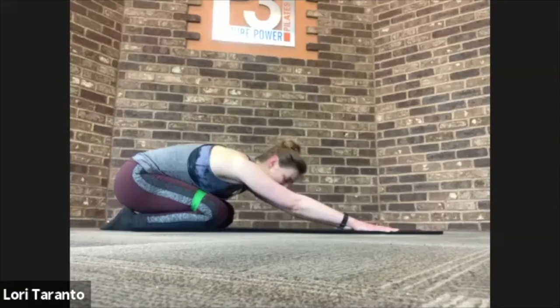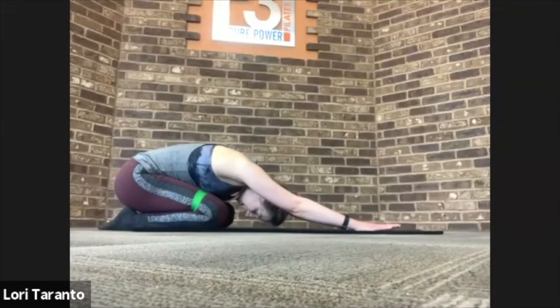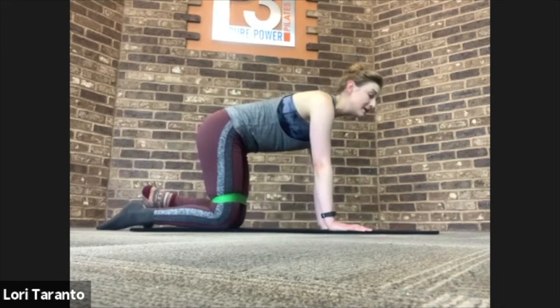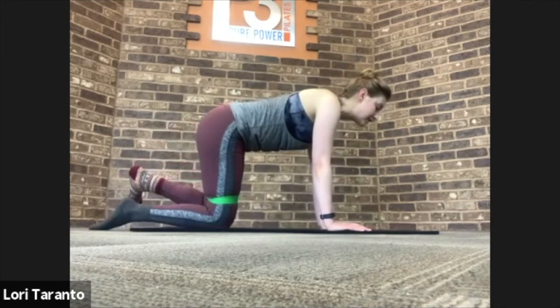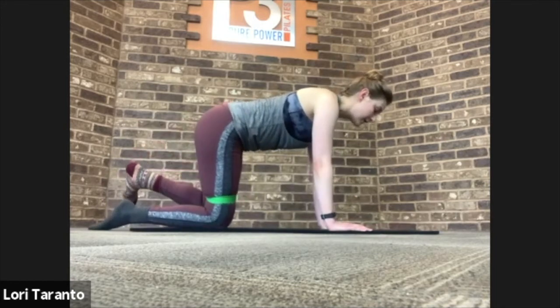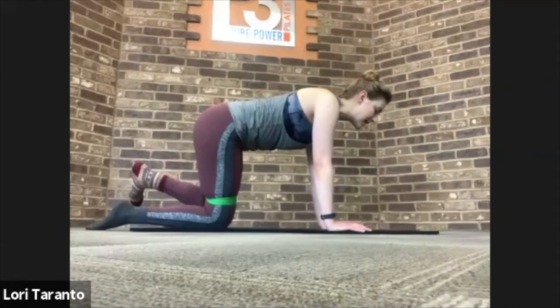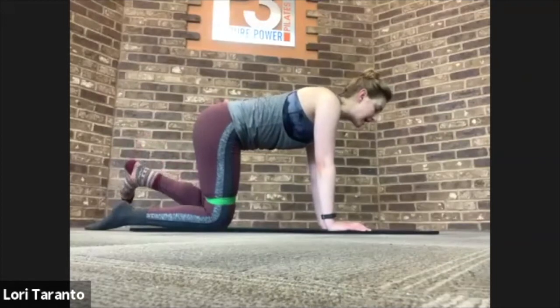Everybody feel their booty. Other side. Back to that quadruped position. Left leg simply opens and closes. Flex your heel. Exhale to open the knee into the band. Inhale to control it in. Keep that pelvis still. 4,